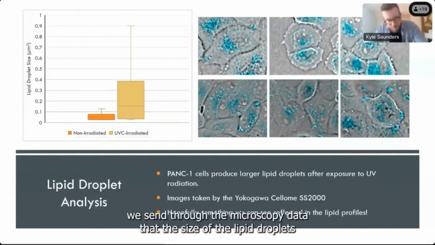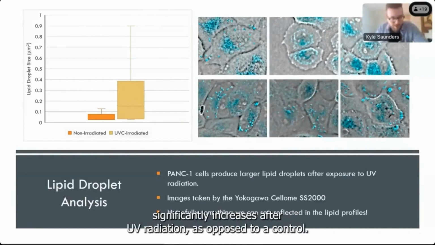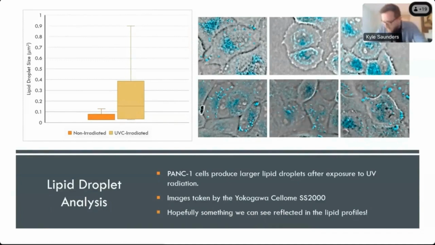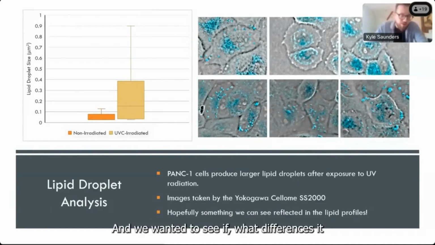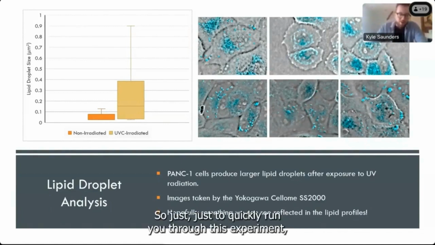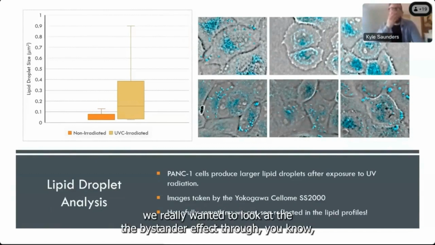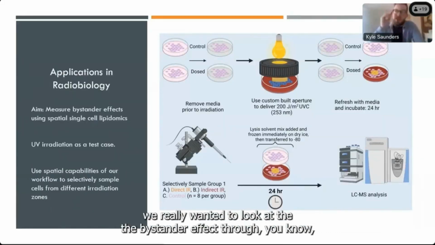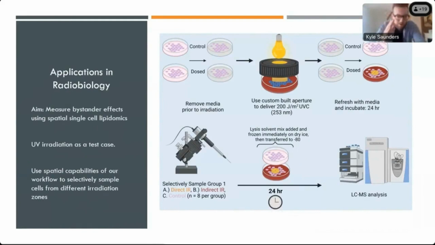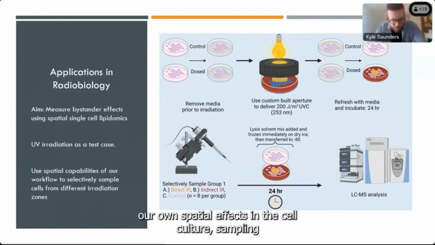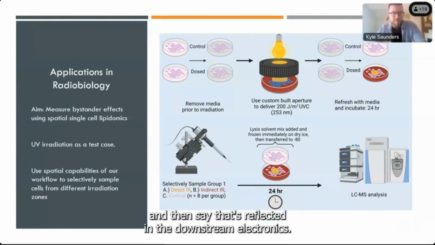And we've seen through the microscopy indeed that the size of the lipid droplets significantly increase after UV radiation as opposed to a control. And we wanted to see what differences would be produced in the lipid profiles afterwards. So just to quickly run you through this experiment, we really wanted to look at the bystander effect through imposing our own spatial effect in the cell culture, sampling from those different areas,